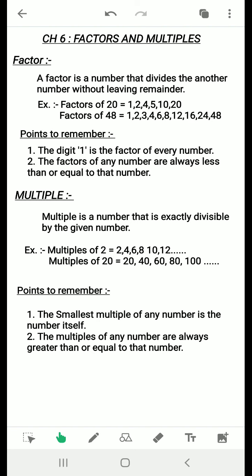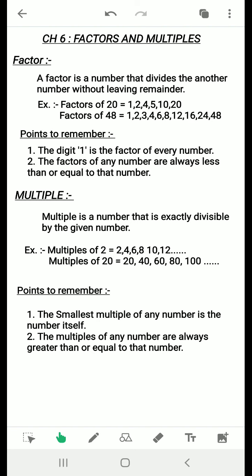These numbers are all divisible by 2. These all come in the table of 2. Then these are all the multiples of 2. For the multiples of 20: 20, 40, 60, 100, 120, 140, 160, 180, 200. So many, unlimited. One more difference between multiples and factors is that the multiples of a number are unlimited. There is no limit to how many multiples of a particular number there can be. The multiples of any number are unlimited and the factors of a number are limited.